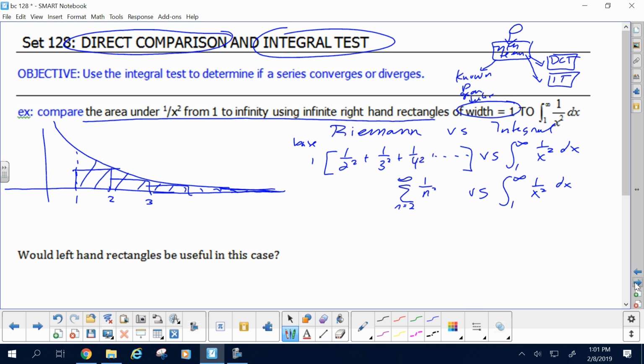Now, let's talk about how these two compare. You said the Riemann sum is less than the integral because the rectangles are below the curve, yeah? And if we were to find the value of this,